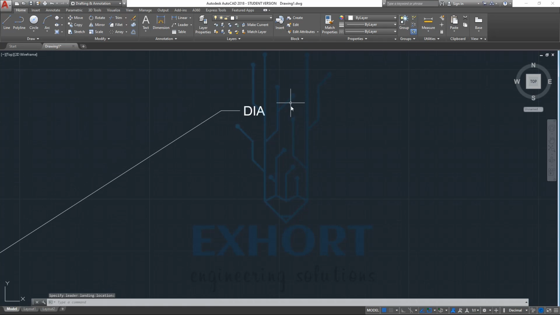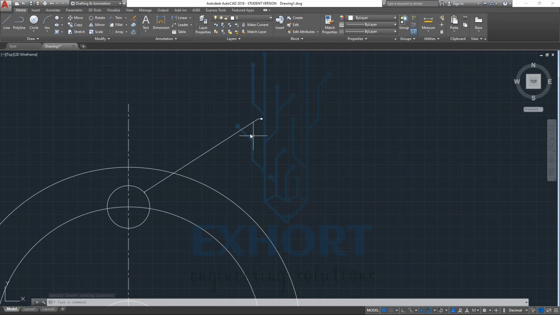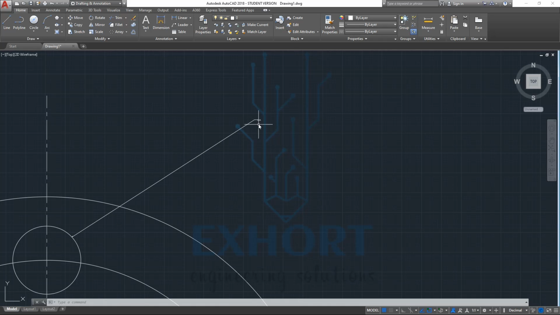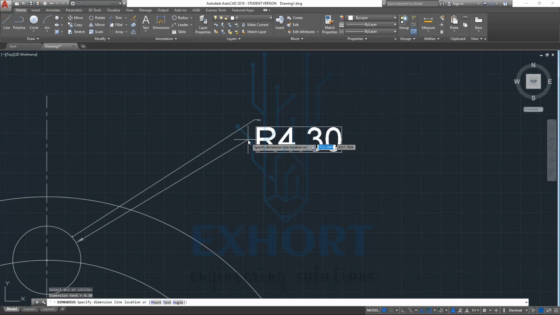You will notice that this is very small, so we can increase this dimension also. Now below that we will give a dimension. I will select the radius here.